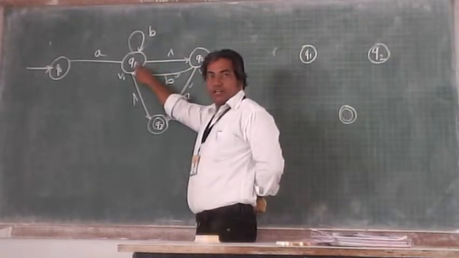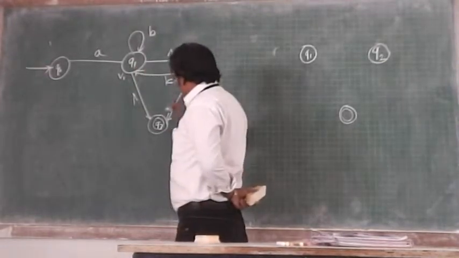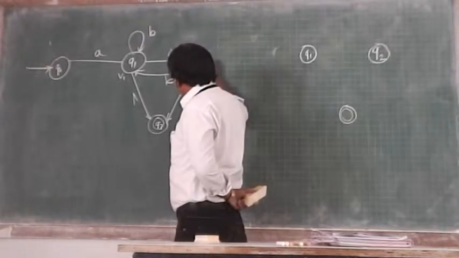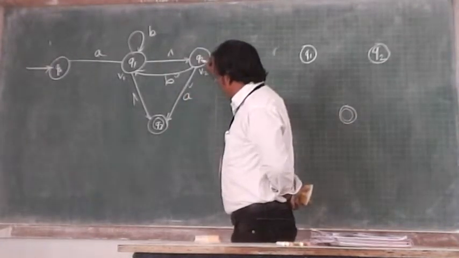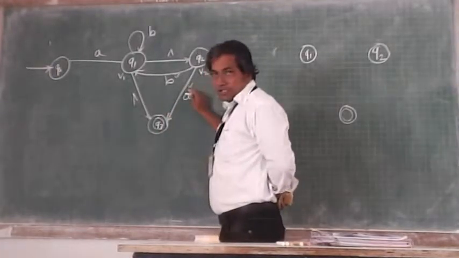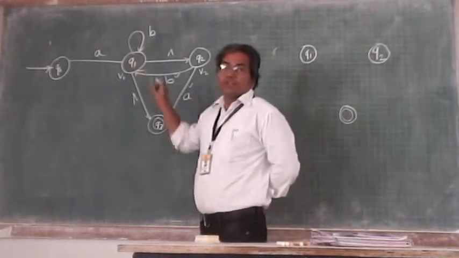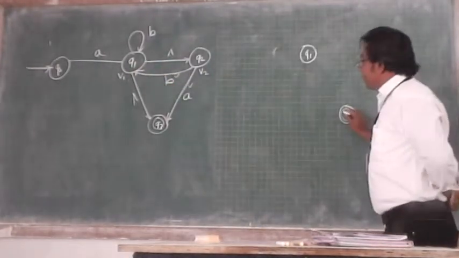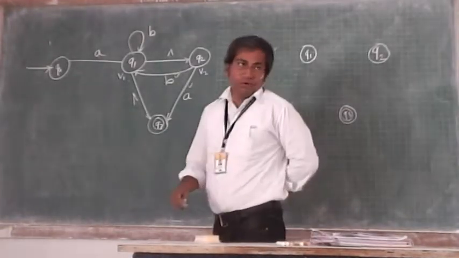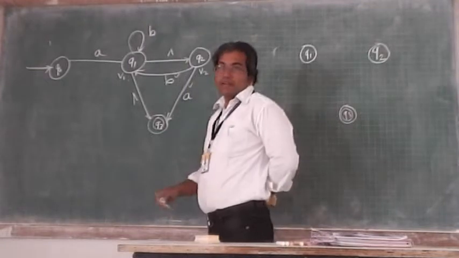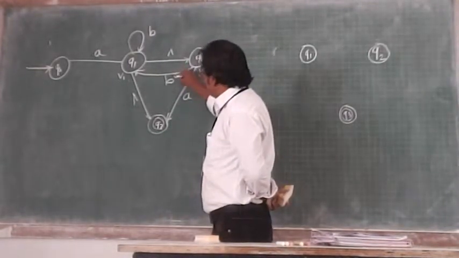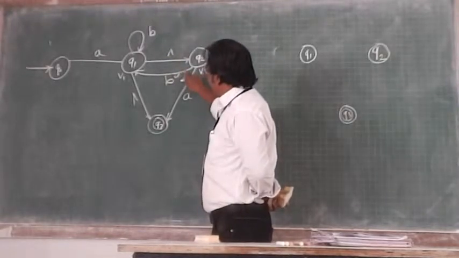Why Q1? I need to duplicate from Q1, okay? And Q3, outgoing edges are what? The outgoing edge is the transition from Q2 going to Q3. That is why I needed Q3, because this particular transition I need to copy from Q1. So I consider these three transitions and I need to duplicate the transitions which I found from V2. So one of them is this one. This is the outgoing transition from Q2.